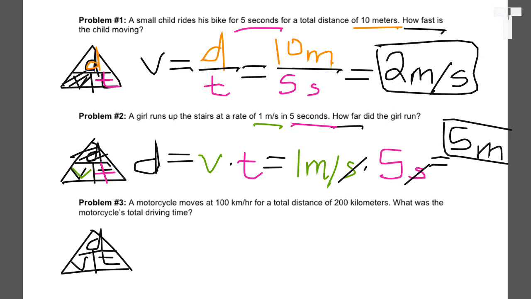Problem number 3 says the motorcycle moves at 100 kilometers an hour for a total distance of 200 kilometers. What was the motorcycle's total driving time? So total driving time, we're solving for T. So we shade in T on the triangle. So it's T equals, now let's look at what we have left. We have D over V. So it's going to be distance divided by